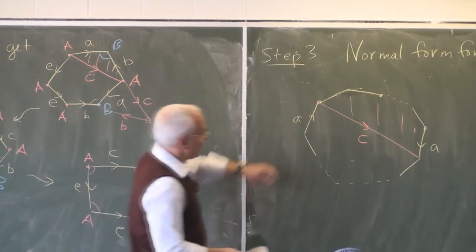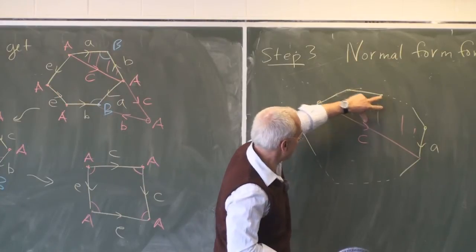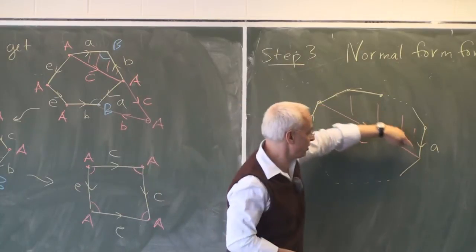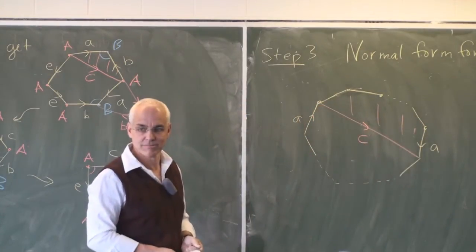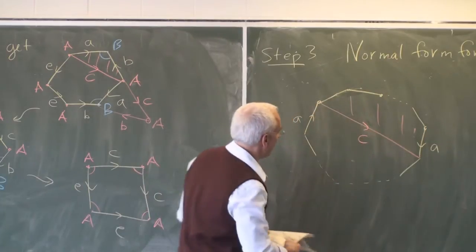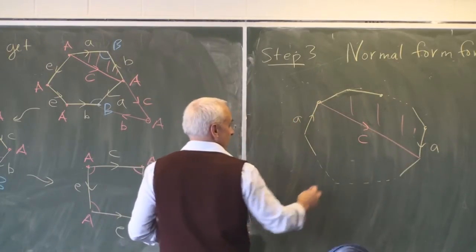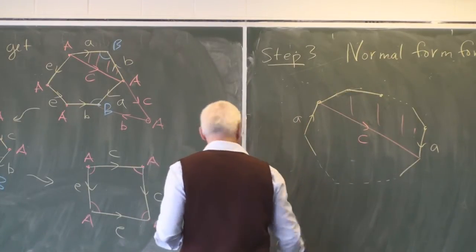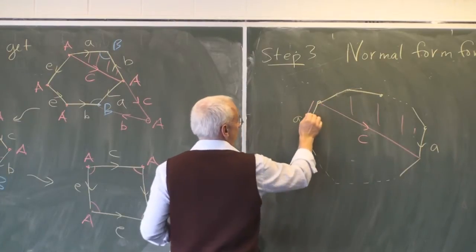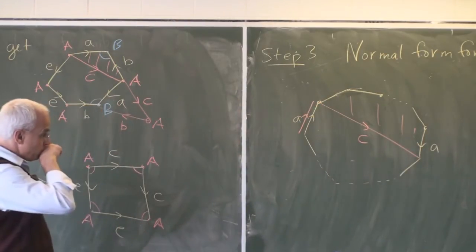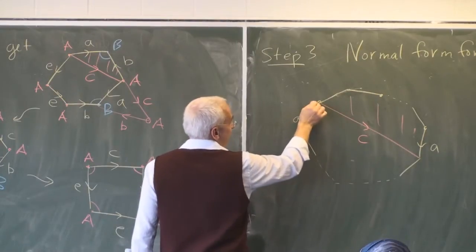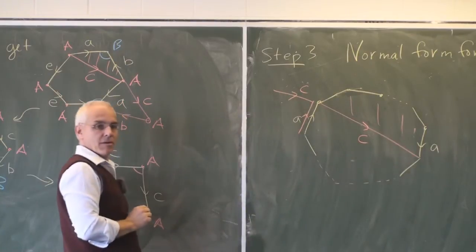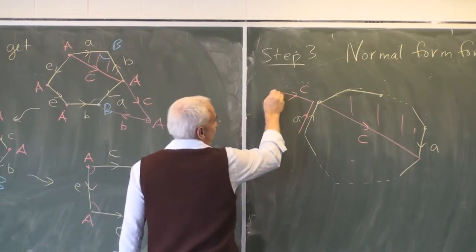And then we're going to take this piece, let's call it this one here, that we're going to move, and we're going to move it so that it's adjacent to the A edge. We're going to glue this A edge to this A edge. Okay? So just imagine taking this piece, and now we're going to move it. Well, we have to move it over here, but we also have to turn it over. Okay? So I'll just put it over here momentarily. So there's A. And then there will be, well, after the A comes a C in this direction. And then there's lots of other stuff.